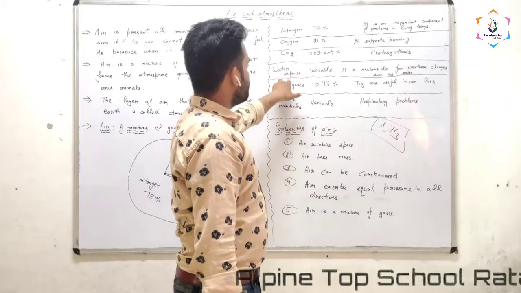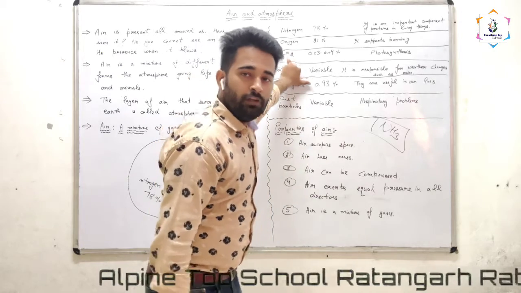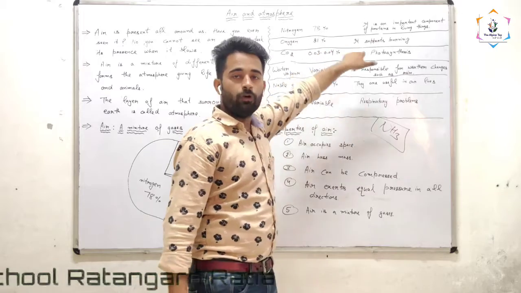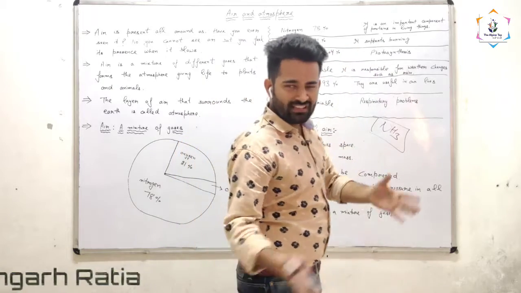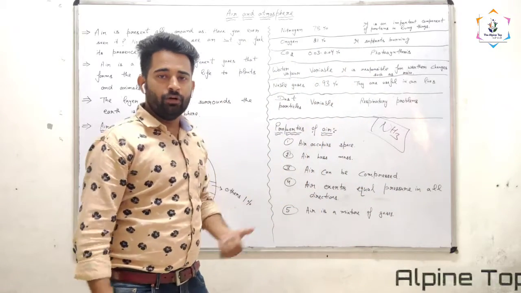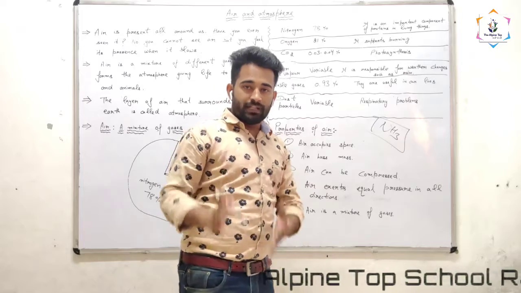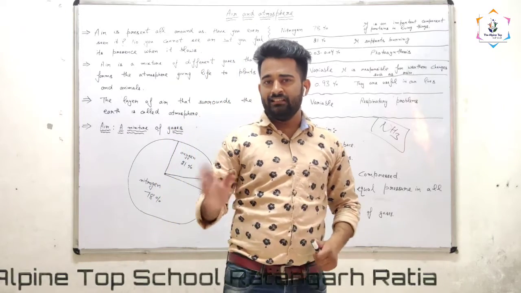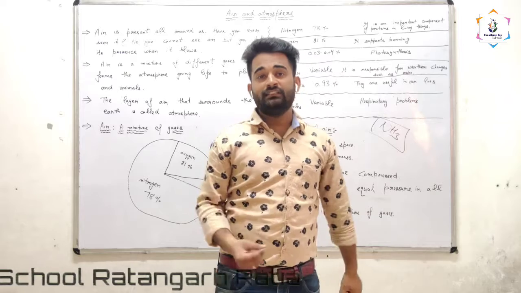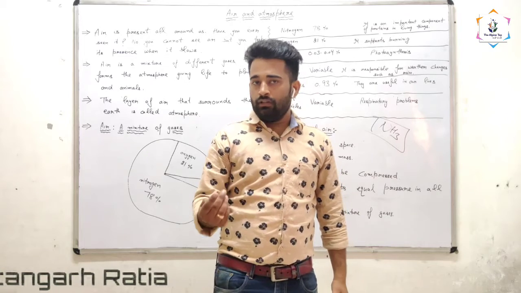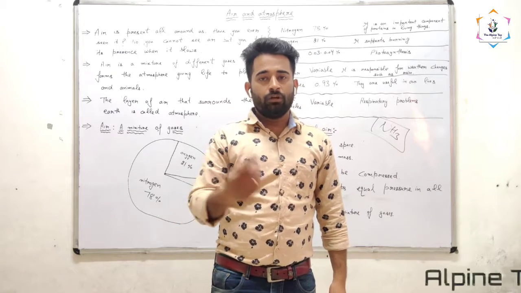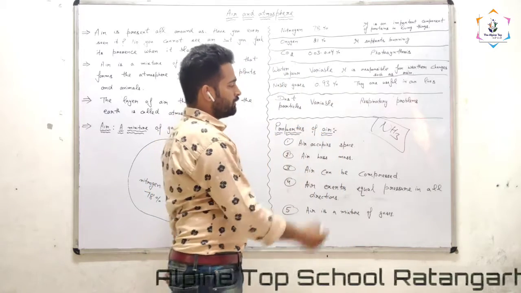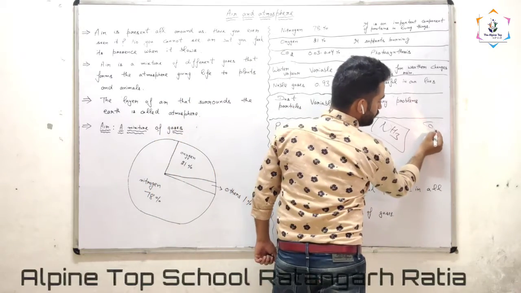Next thing is CO2. What is the volume of CO2 in the air? 0.03% to 0.04%. It helps in photosynthesis, as I told you earlier in the video. What is photosynthesis? The process by which plants make their own food. Not only carbon dioxide is needed, there are other things also: water, soil, sunlight, chlorophyll. Many things are needed for the formation of food. The main things needed for the formation of food are CO2,